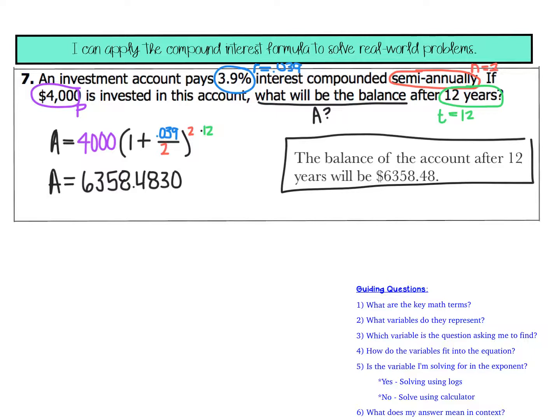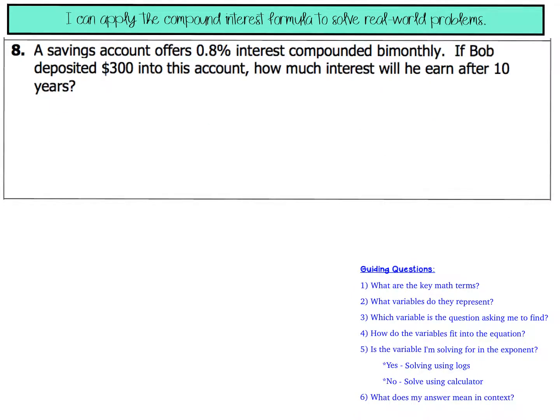$6,358.48. So what that means is that by investing in this account, after 12 years, if I only put in $4,000, I can make $2,400 off of the account. So interest can work both for you and against you, whether you're borrowing money or investing money. And that's why investing is so important. All right, go ahead and pause the video and try number 8